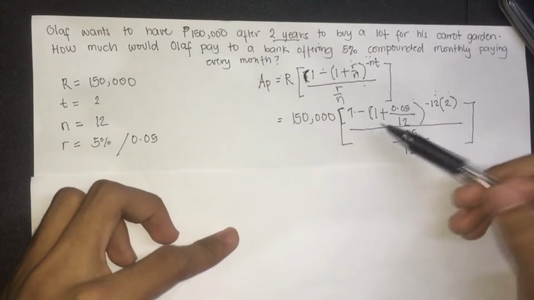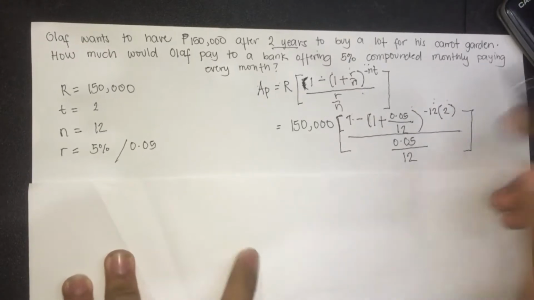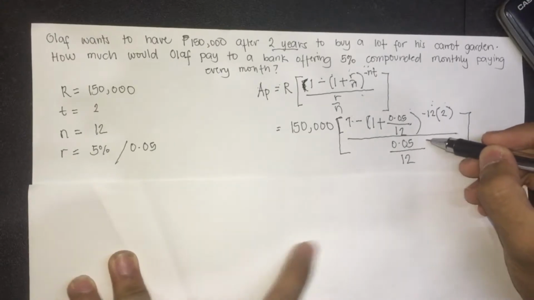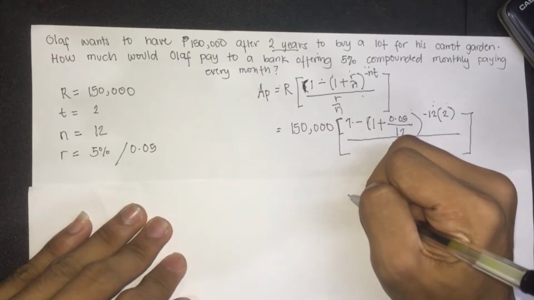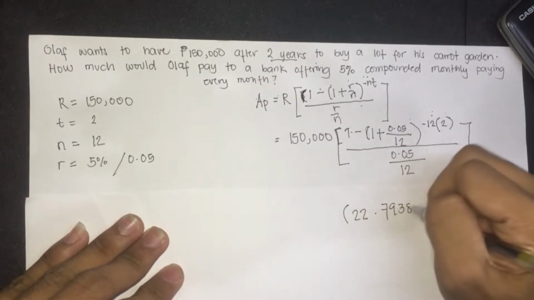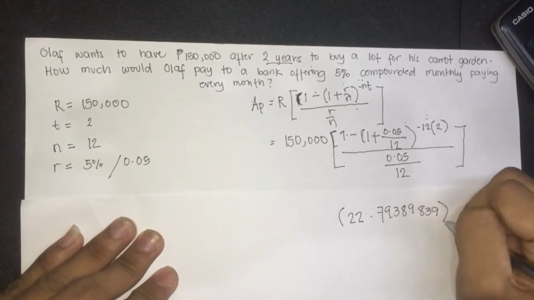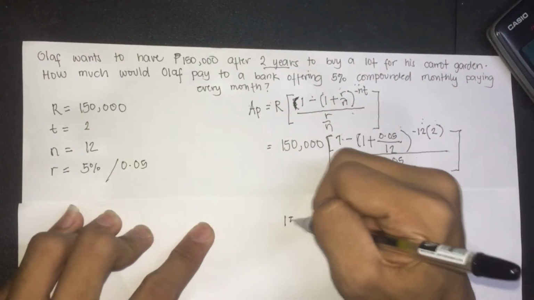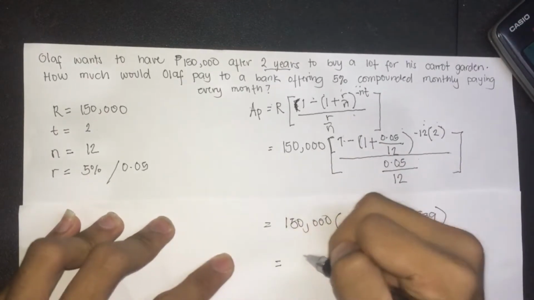So you need to input the numerator into your calculator and divide it by 0.05 over 12, and you will have the answer 22.79389839. Then you need to multiply it by 150,000, and you will have the answer